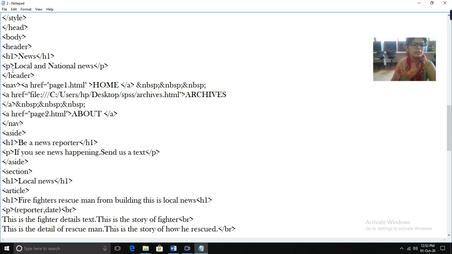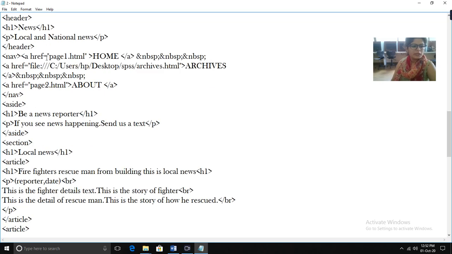Now this is the text that we want to display with this heading: local and national news. So I have written that part in the paragraph, P tag, paragraph tag close, and then header tag close. So in the header tag, two things will be displayed: the heading as news and then the text as local and national news.